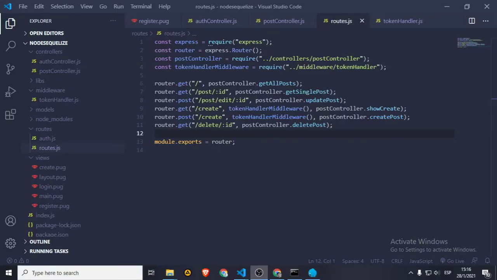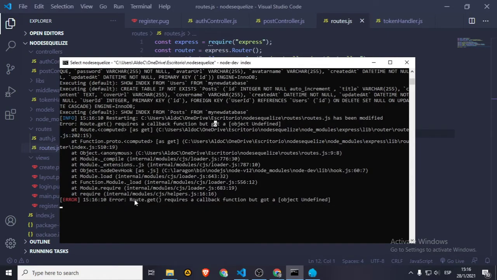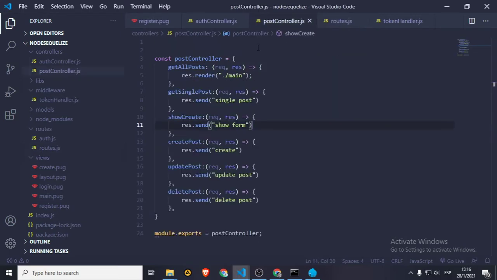Hey guys, back again. So I just realized there was an error. You can see route.get requests a callback function but got an object undefined. Because let me just go back